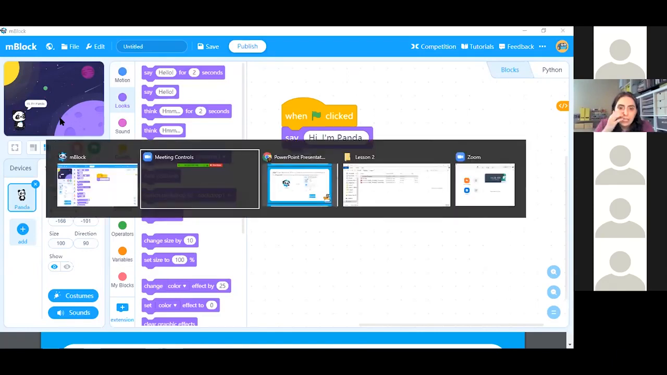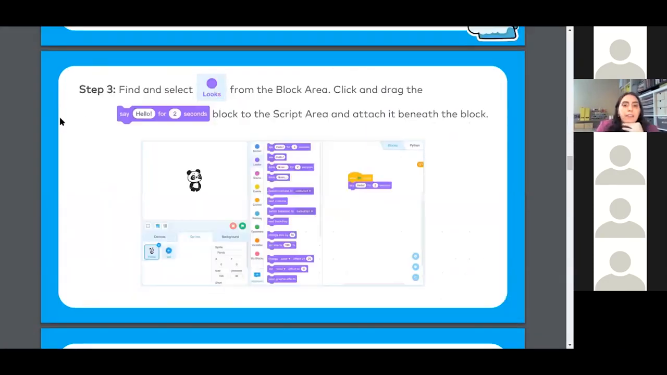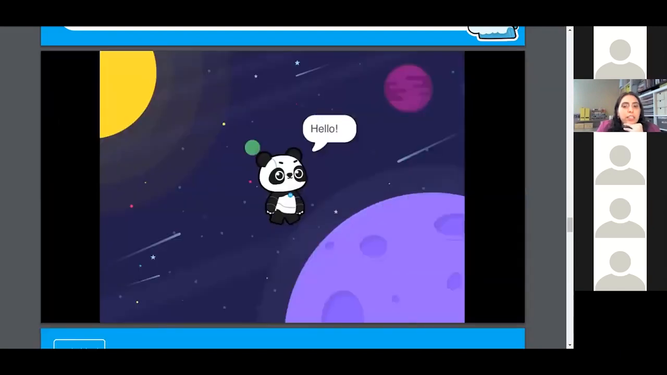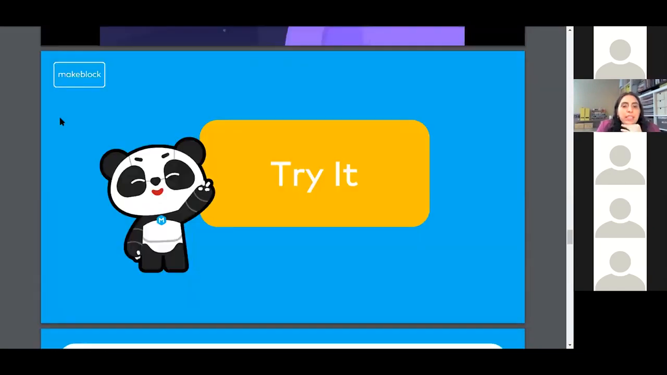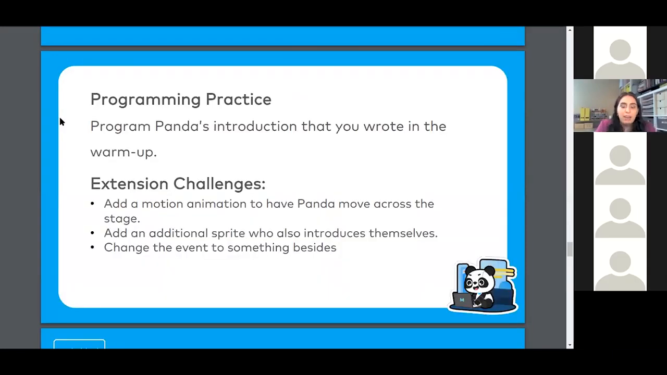So the lesson continues after these instructions are followed. Okay, the lesson continues with an independent practice activity for the learners. The learners are encouraged to try it themselves, and they're given this programming practice challenge. They're going to take the introduction that they wrote in the warm-up, and they're going to write a program